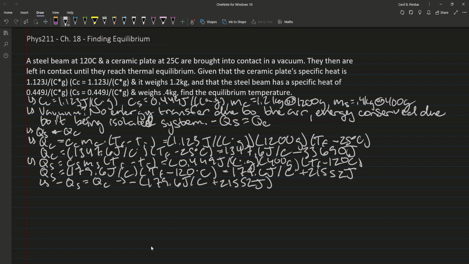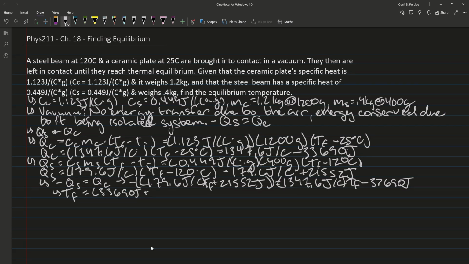And then we know that negative Qs is equal to Qc, so negative 179.6 joules over Celsius times Tf plus 21,552 joules is equal to 1,347.6 joules over Kelvin times Tf. I forgot a Tf here. Minus 33,690 joules. Now all we need to do is solve for Tf, which will be equal to